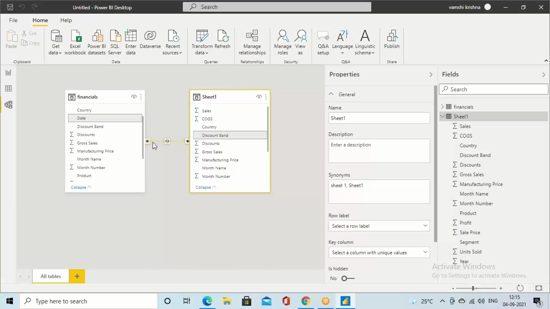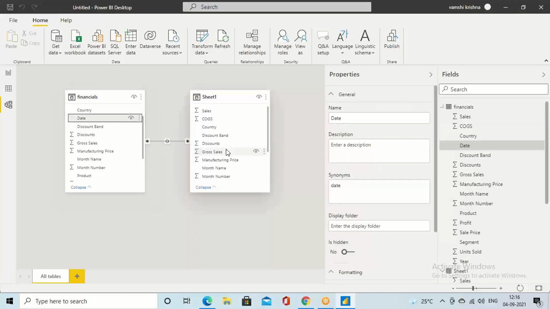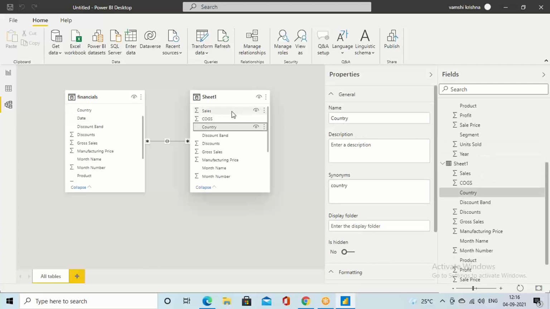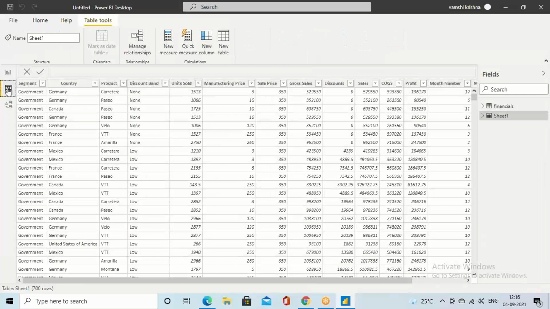So now it is showing some relation from this particular sheet to this sheet, right? That means this date can be accessible from here to here. Clear? We have made a relationship between financial and sheet 1. In this case, we didn't mention any date here. So now whatever date we have in financial, the same date will be selected by sheet 1. If you see here,